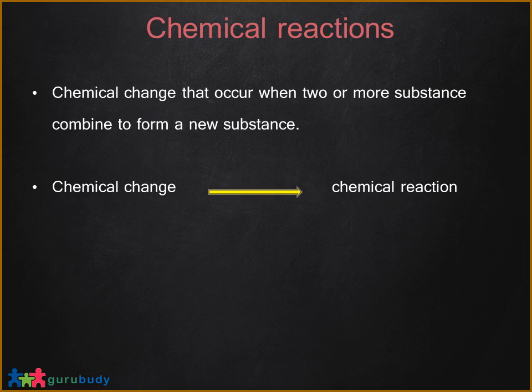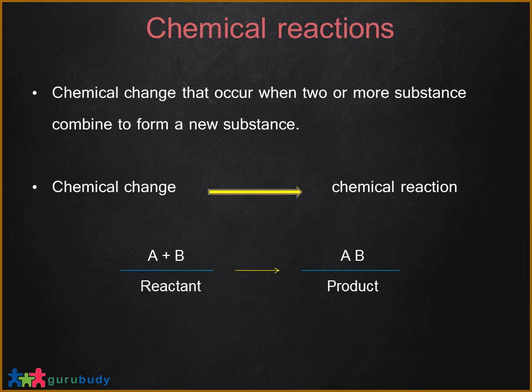So a chemical reaction is a form of chemical change that occurs when two or more substances combine to form a new substance. So when two or more substances or atoms or elements or molecules are reacting to form a new molecule, that is called a chemical change, and that chemical change is called a chemical reaction. Generally, in a chemical reaction, two things are required. One is a reactant. Those are the substances which are reacting, and the next is the product, which is basically what's